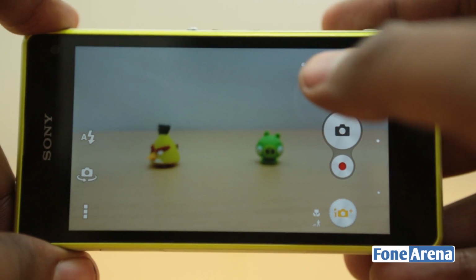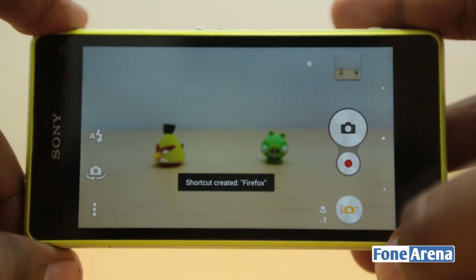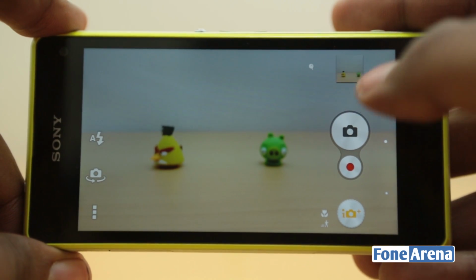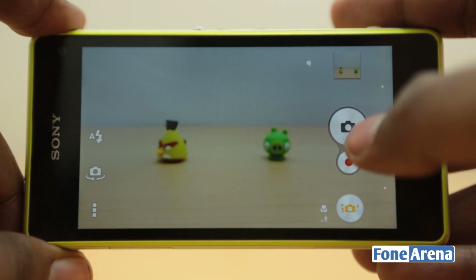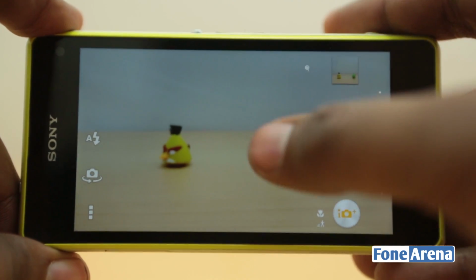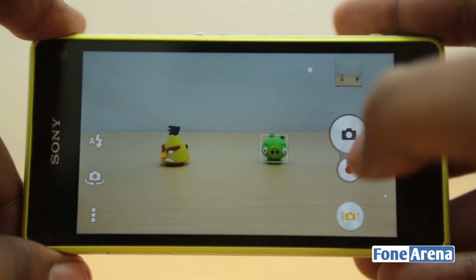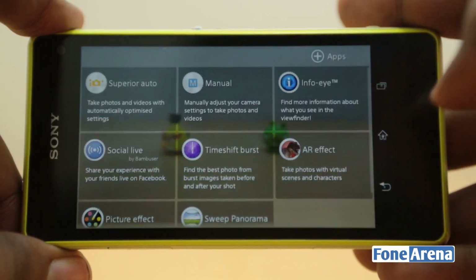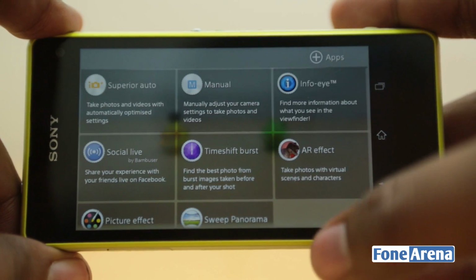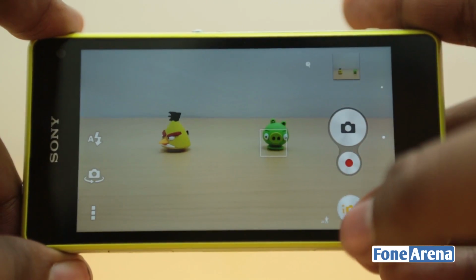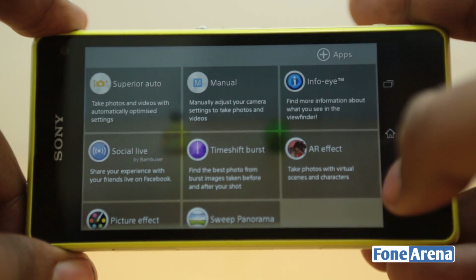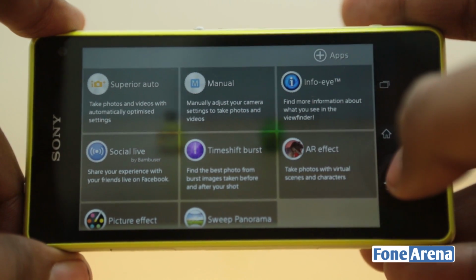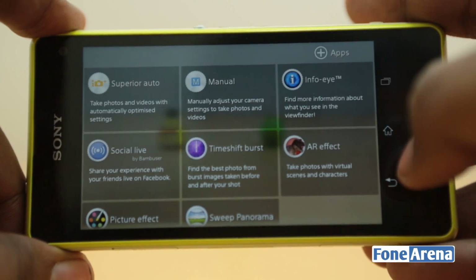Right at the top, you can see that the pin is denoting the location. Now there is the thumbnail for going to the gallery. You have the two buttons for instantly taking photos or videos according to the functions, and then you have the mode dial, which will show you different modes. And then you can also add apps to this directly from the Play Store if you want. These are like the Windows Phone camera lenses. You will be taken directly to the